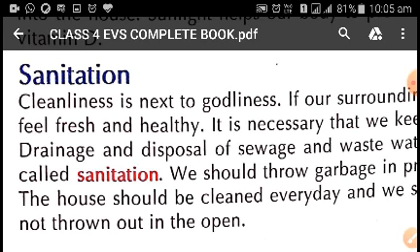Now as I told you while explaining ventilation, once again I'll tell you, doors and windows play a very important role in our house. An ideal house should have at least a double door system.